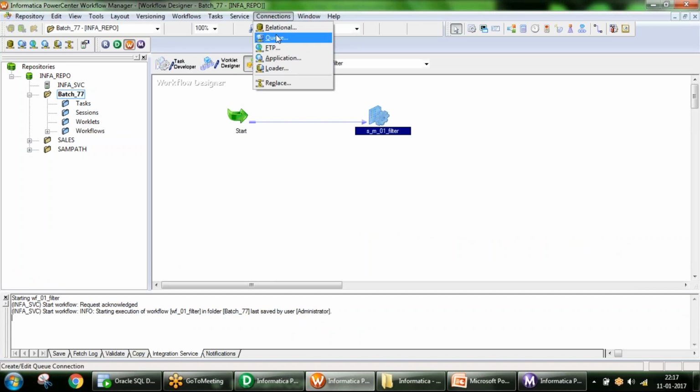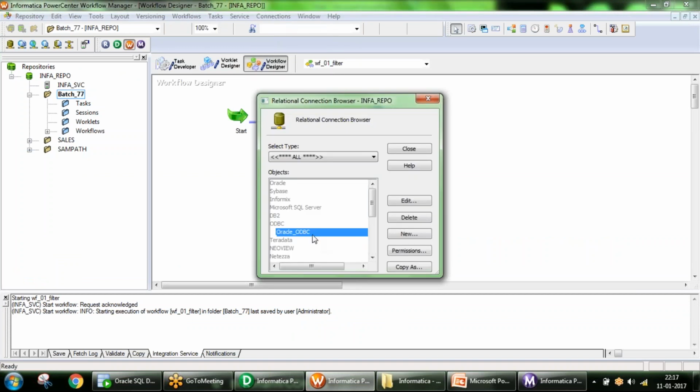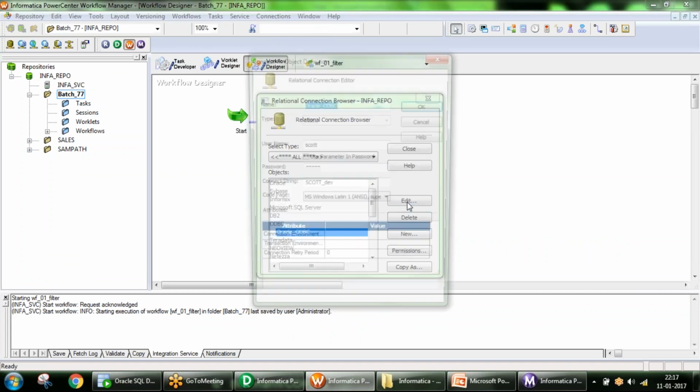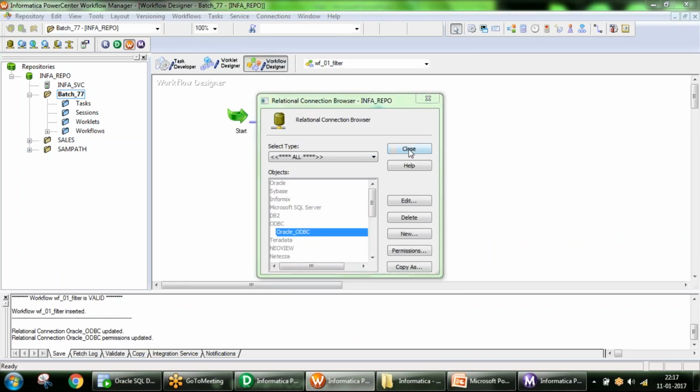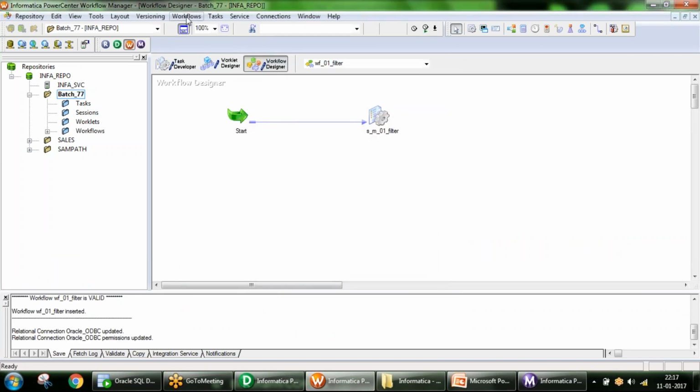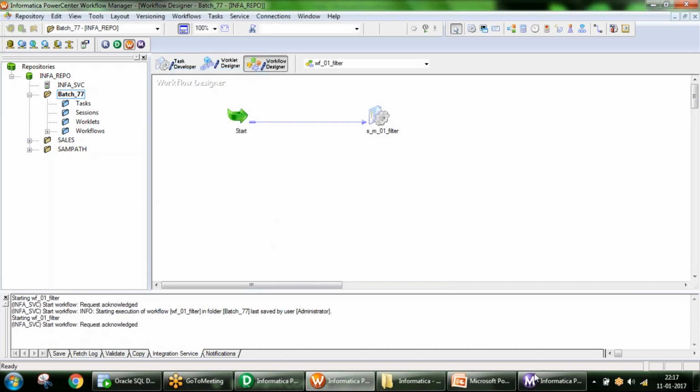When we created the connection strings here, we would have provided some password, so it's the old one. I need to change it. Whenever there is a change at the database level, the same password we need to change here. That is the reason it failed today. Okay. Now let me restart the job again.